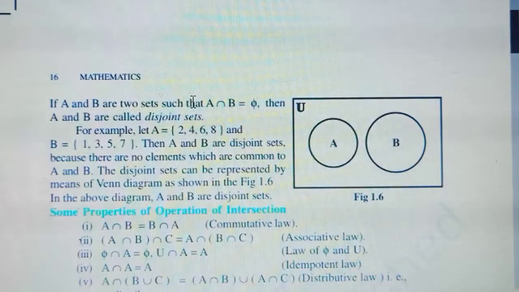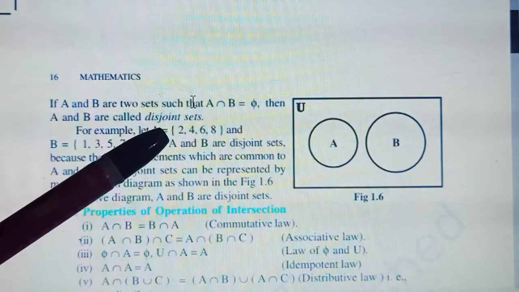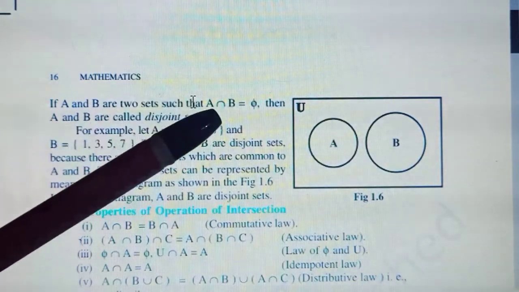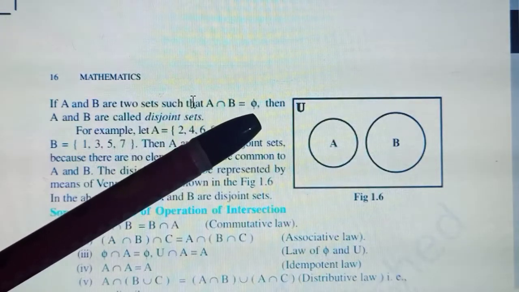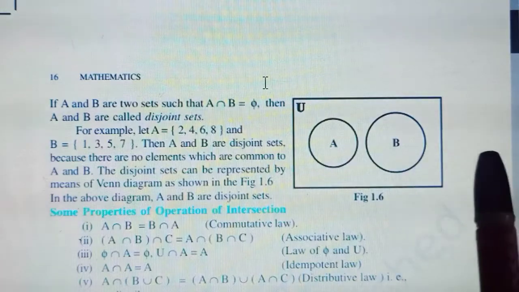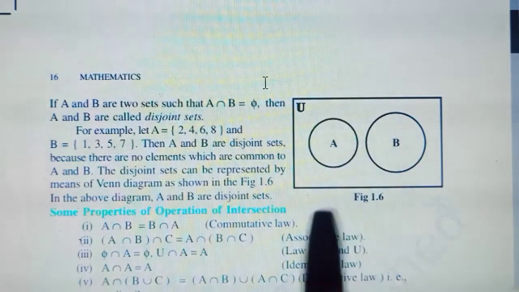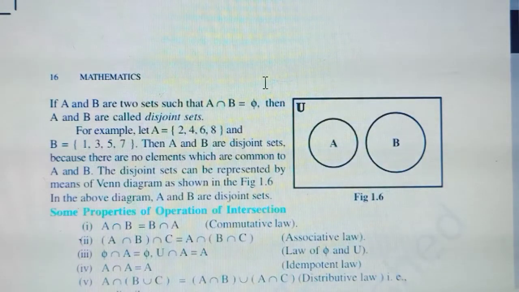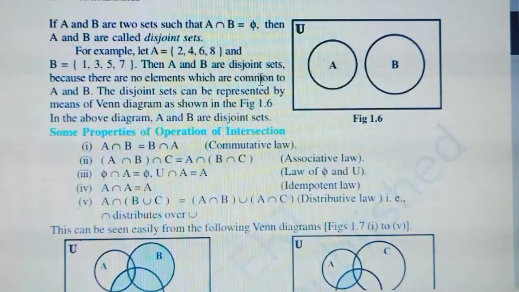Okay, so here next they are telling you, which I've already introduced, disjoint set. See, if intersection of two sets is a null set, they have nothing in common. So their figure will come out something like this, A elsewhere, B elsewhere, nothing in common. So this is the case of disjoint set, right? Now the properties of operations of intersection. So like union, intersection is also commutative, means whether you find A intersection B or B intersection A, you get the same answer. It is associative as well.